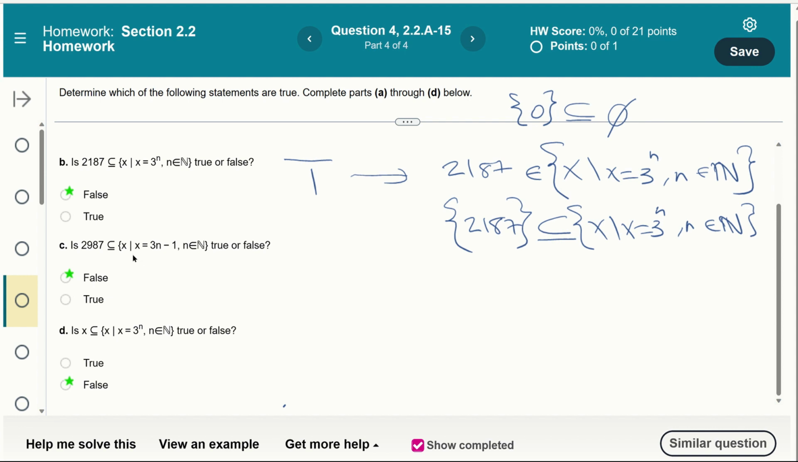Well, let's see. We want to know if 2987 can be written in the form 3n minus 1, right? So we want to know, add 1 to both sides, if 2988 equals 3n, whether this can hold for a natural number n. But then we plug it into a calculator,